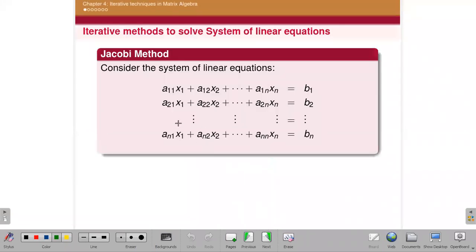In the Jacobi method, we have taken these equations, and by taking an initial guess, you will get the method here, like 1 by a_ii into b minus...